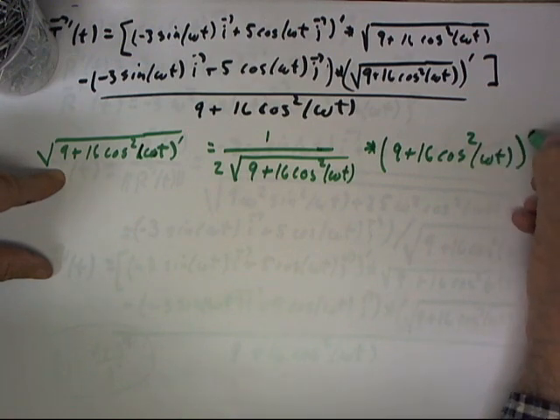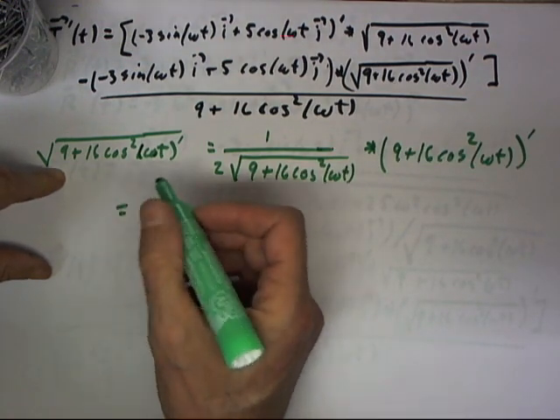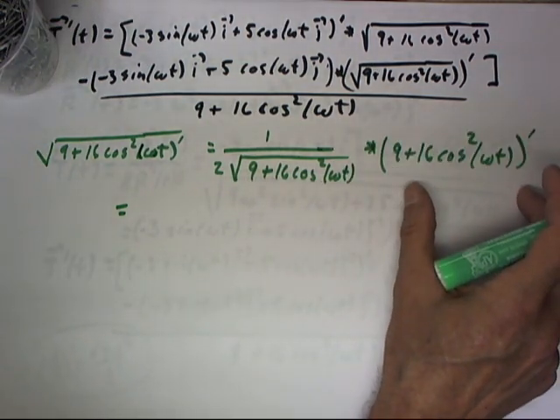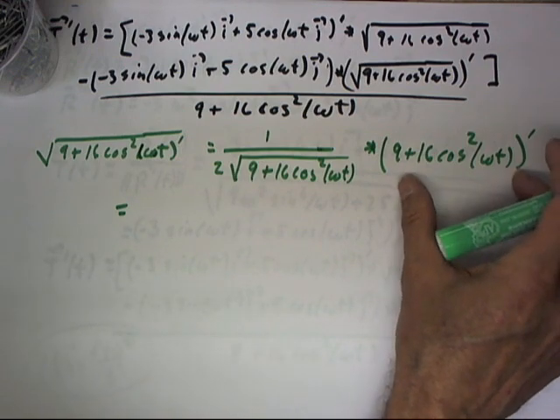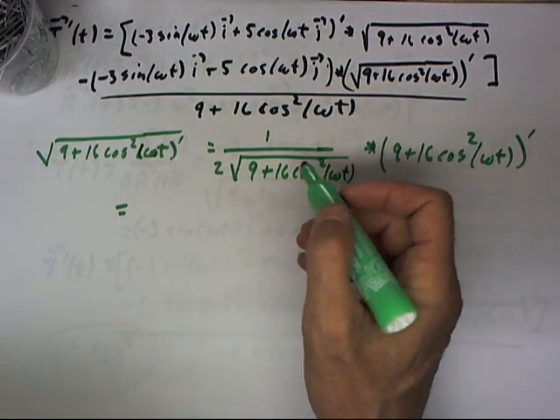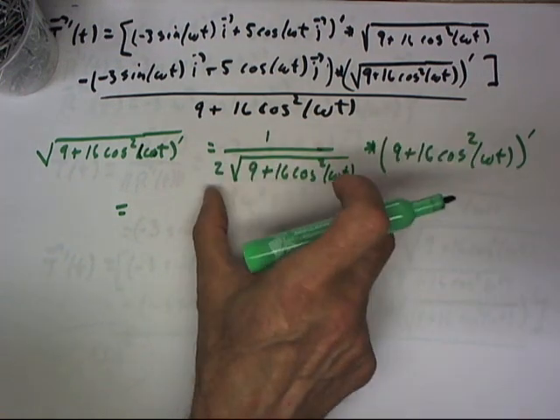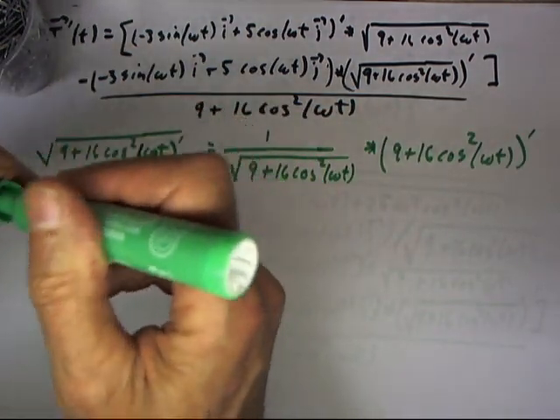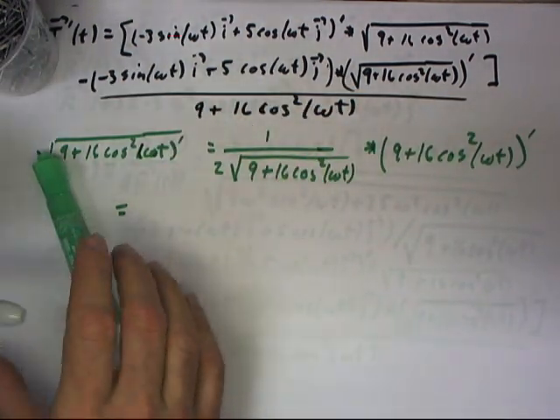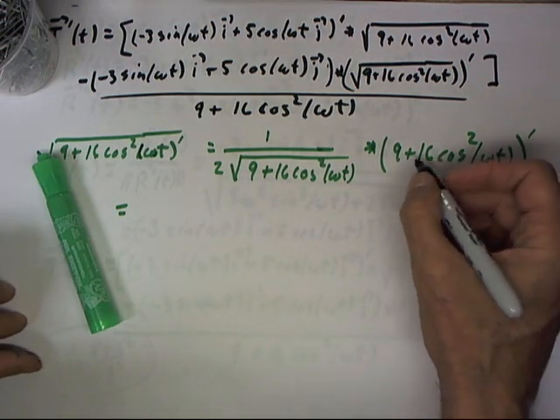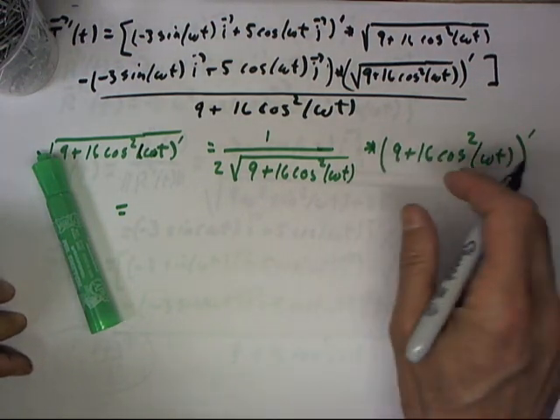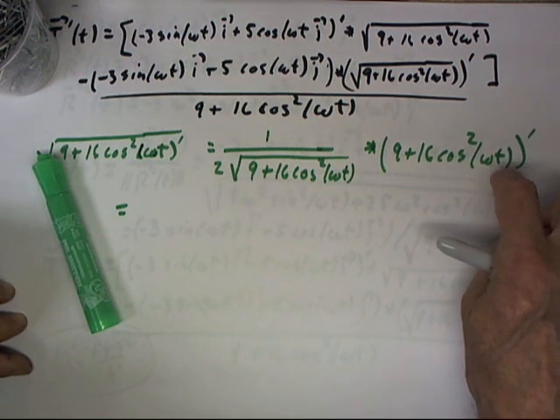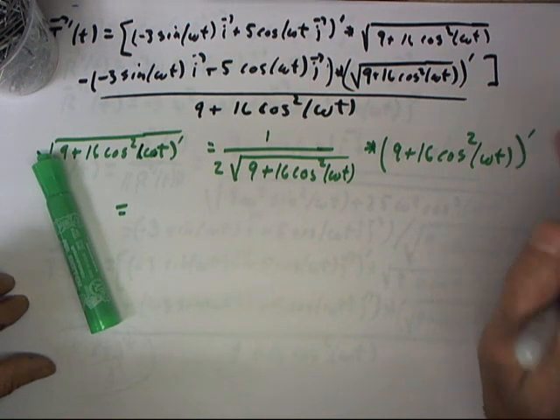t prime. Now, I'm seeing a lot of indications from people who've had a year of calculus that this might be kind of mysterious. Even after a year of calculus, please review if necessary. Okay, now this expression is locked in. We just have to take the derivative of this. Well, let's digress a step further and just write down off to the side here someplace the derivative of this. Well, 9 is a constant, so really we've just got to take the derivative of the cosine squared of omega t, and the derivative of the cosine squared is